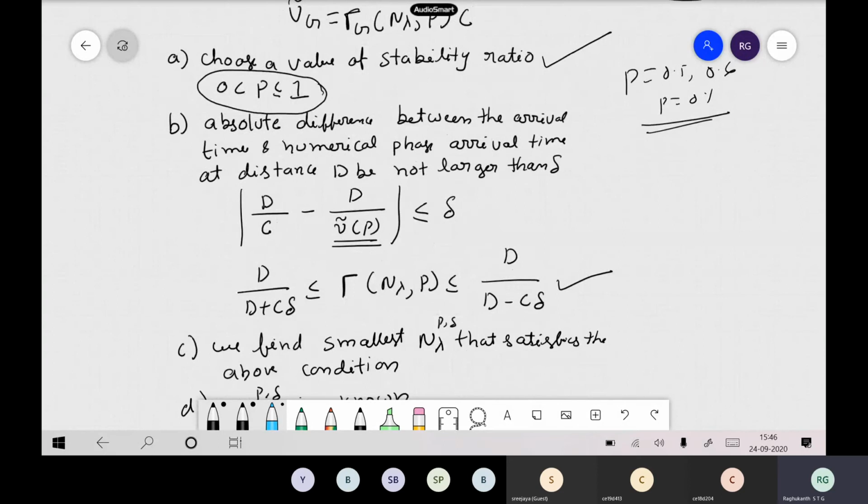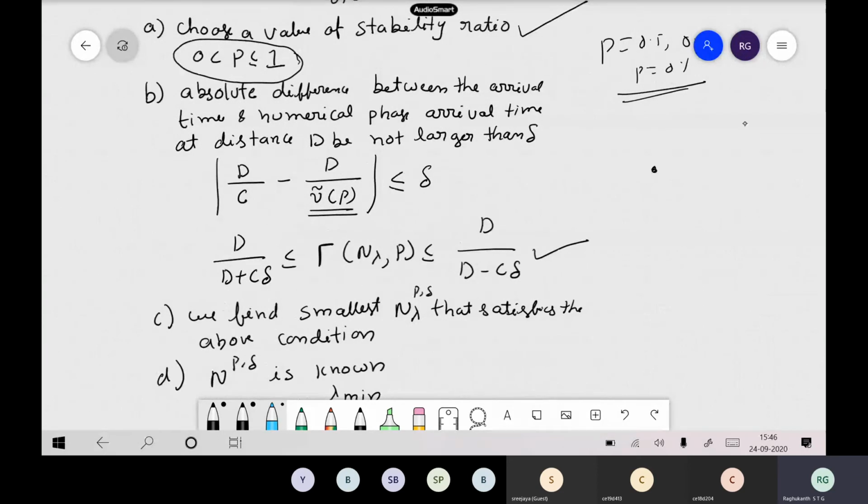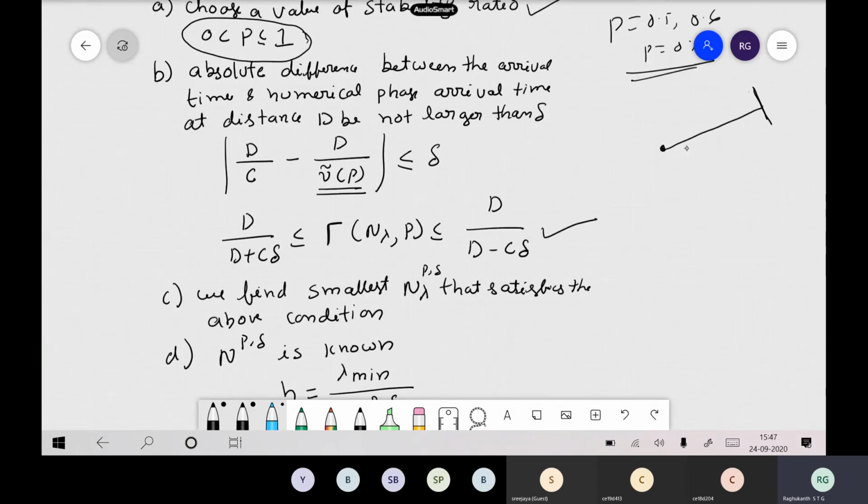Now the next thing we are doing is, suppose I have a source here and a site far away, let us say I am simulating up to some 100 kilometers or maybe 1000 kilometers. My finite difference mesh extends this much distance. Our criterion is the phase velocity: how much time the wave takes to travel from the source to this distance. In a medium, I know the analytical phase velocity is c, so 1000 by c will give me the exact time at which the wave is going to reach.